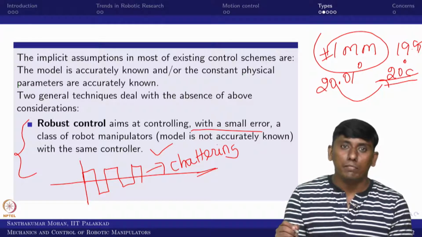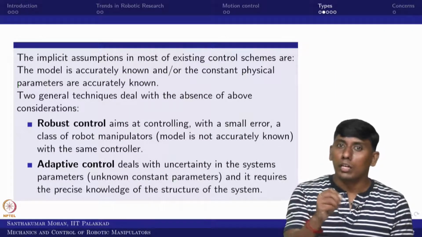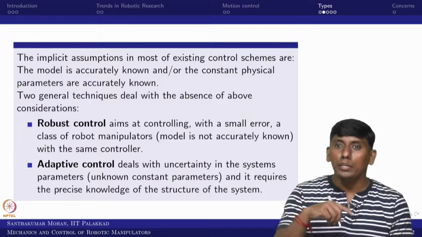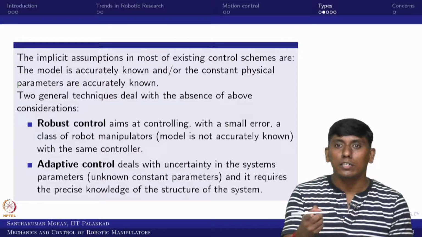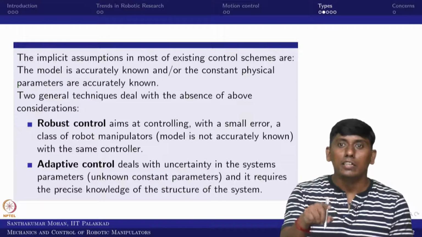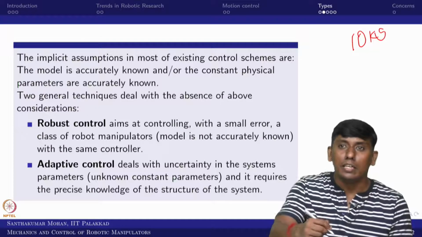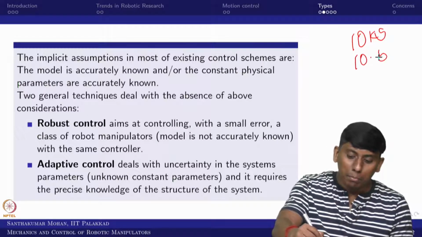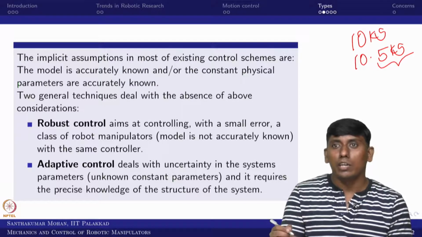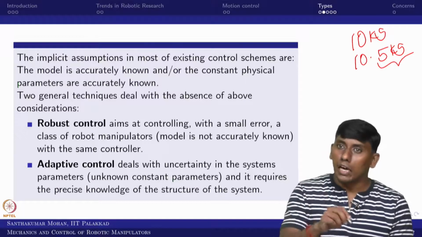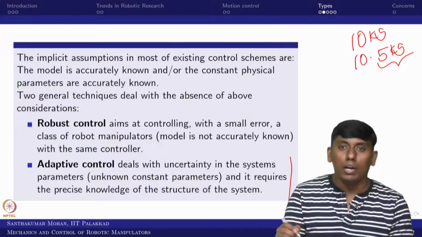The other type of control is what you call adaptive. Whatever the effect due to the disturbance or the uncertainty, it tries to compensate directly, in the sense it tries to calculate what is happening due to that uncertainty, how much effort it is deviating, and that much effort it would compensate. For example, I assume that the payload is 10 kg, but unknowingly it is actually 10.5 kg. Now this additional 0.5 kg, how much effort it produces on your system, that effort would be calculated and compensated at the actuator level. This is what we call adaptive control.